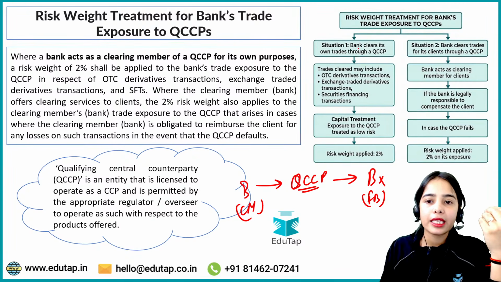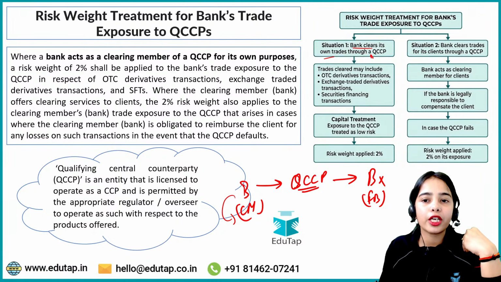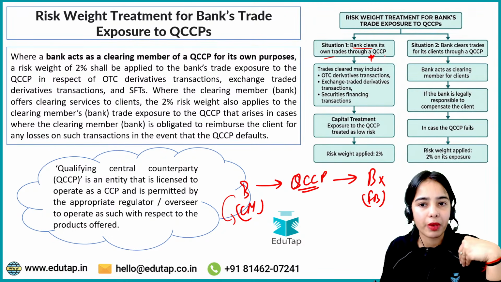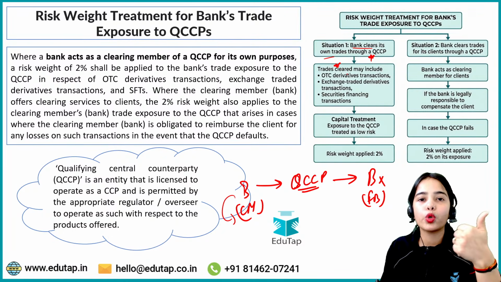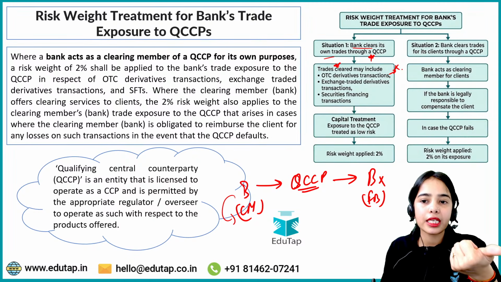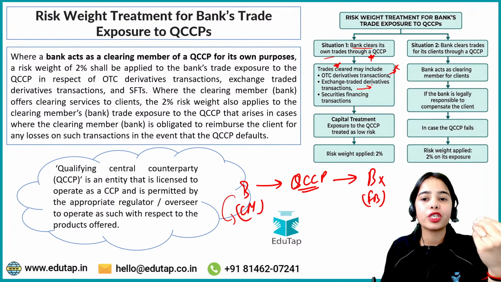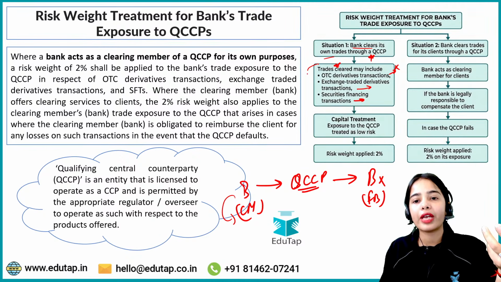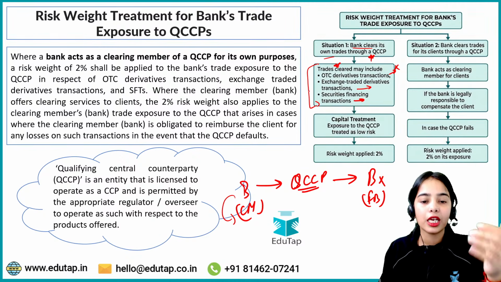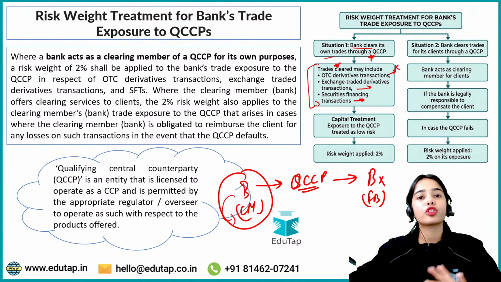The trades cleared may include OTC, that is over-the-counter derivative transactions, which do not happen through the stock exchanges, or exchange-traded derivative transactions or securities financing transactions. If any of these transactions is happening where the bank is a party to the transaction and the bank is also clearing the trade,